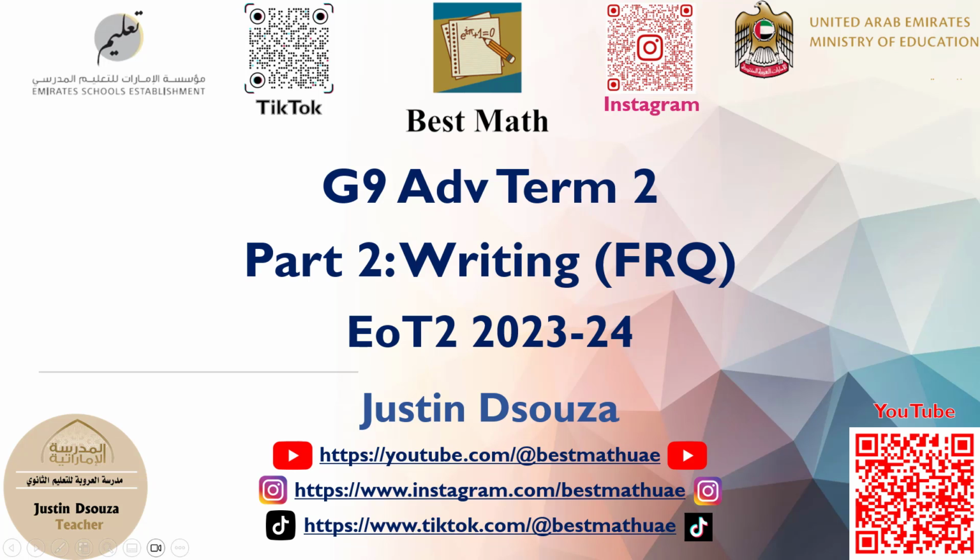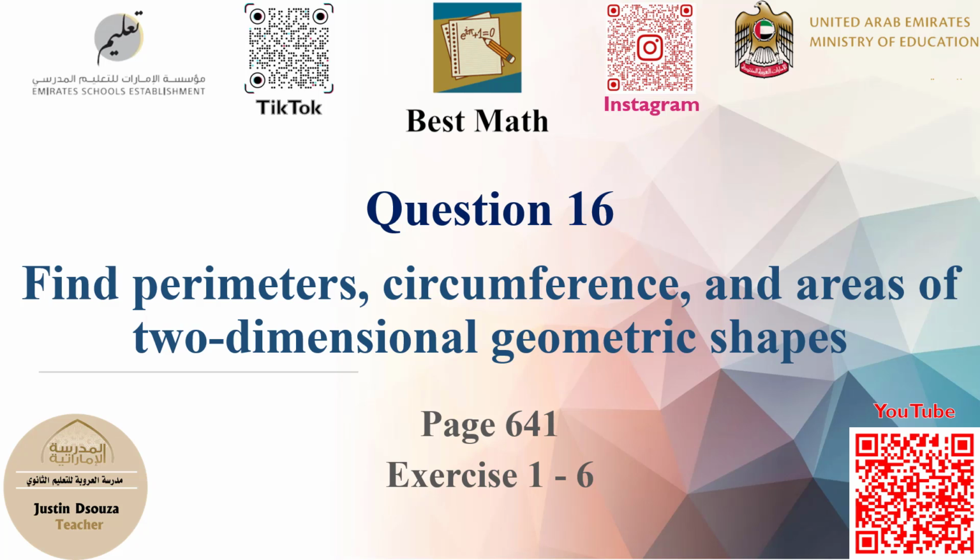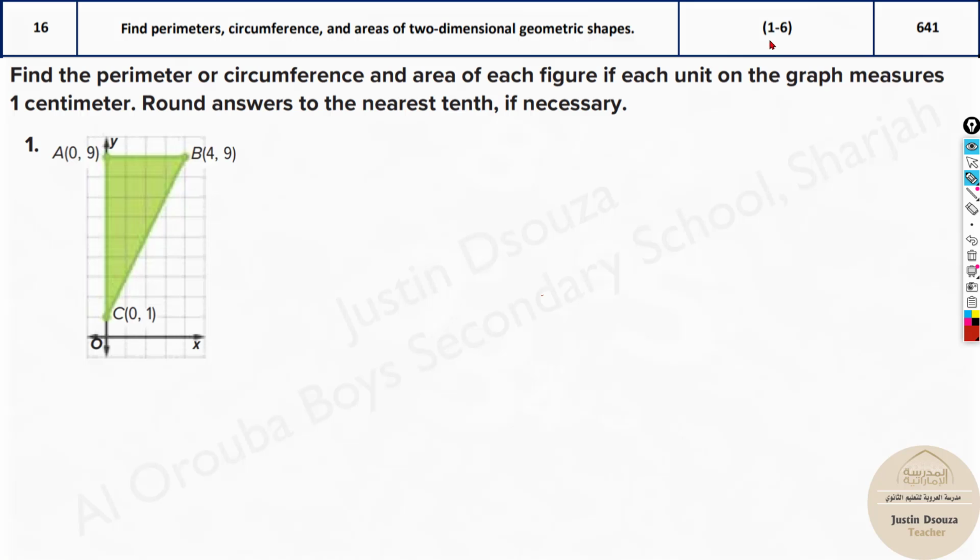We begin with part 2, the writing part of the exam scheme. The first question is question 16. It is to find the perimeter, circumference, and areas of two-dimensional figures. We have a figure here, and they have told us to find the perimeter or circumference. Perimeter in case of all these shapes, but if it's a circle, it'll be circumference. And the area of each figure, if each unit of the graph measures 1 centimeter, round your answers to nearest